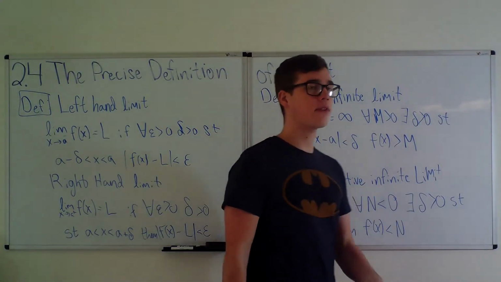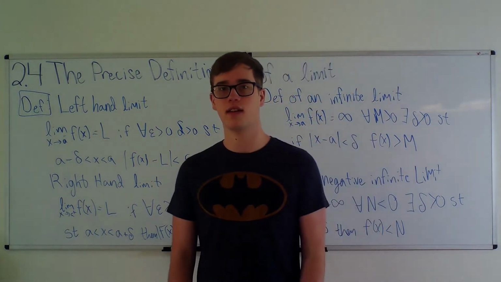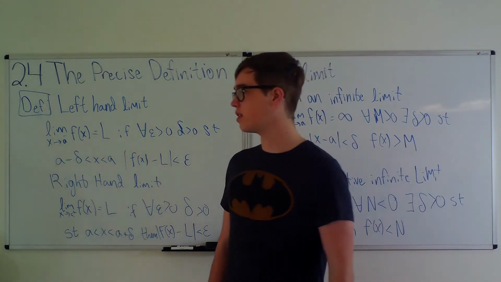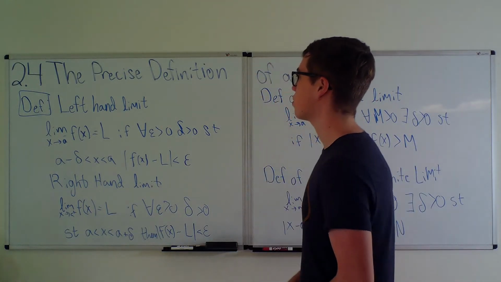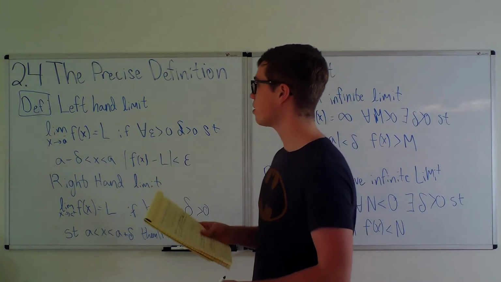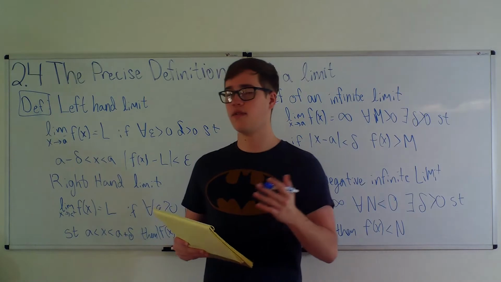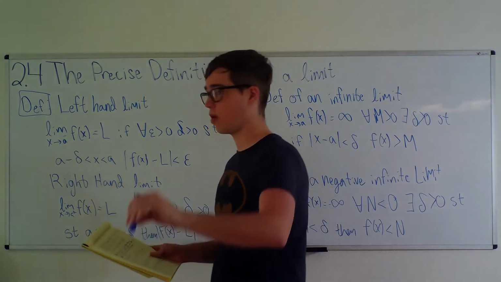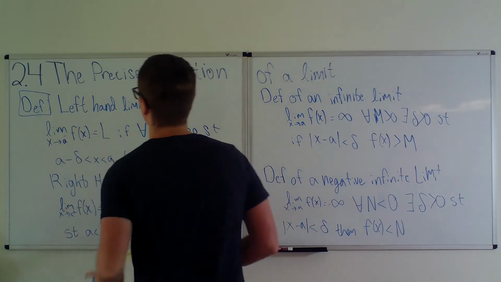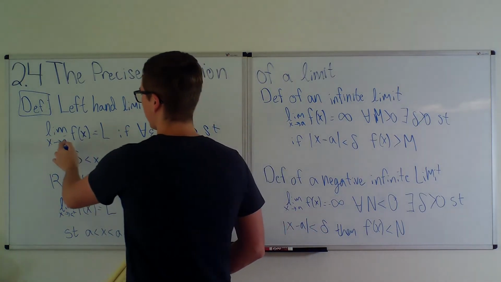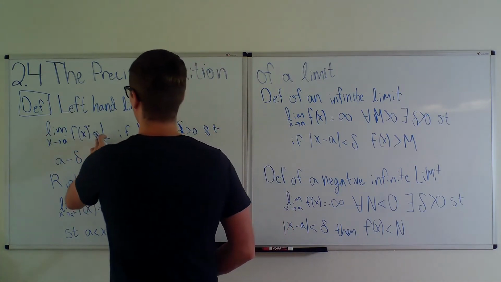Alright, now on to some more definitions. I know definitions are kind of hard to look at and annoying to do, but you've got to learn them, so take note of these. The definition of a left-hand limit, which is approaching from this side, is the left-hand limit. So the limit as x approaches a from the left, which is the minus, of f of x equals L,